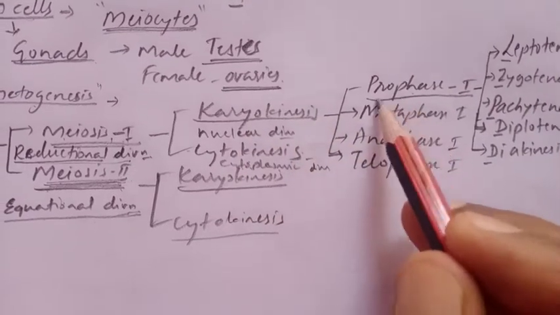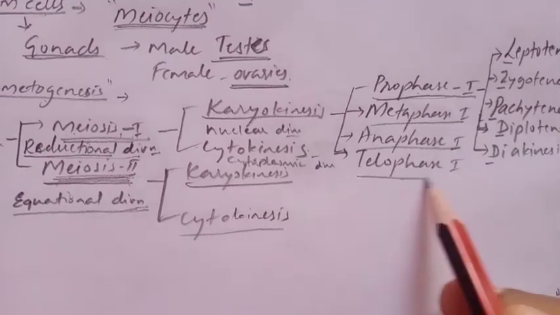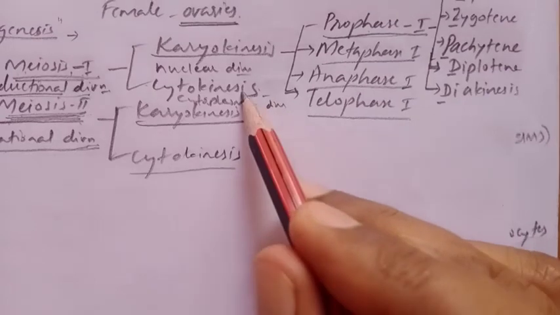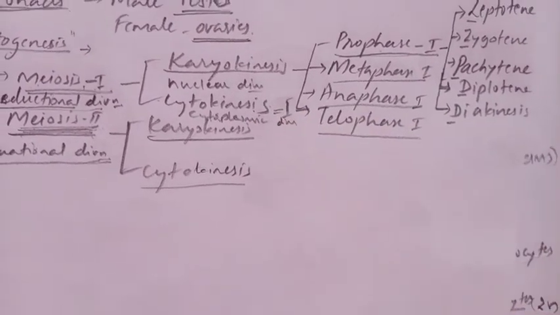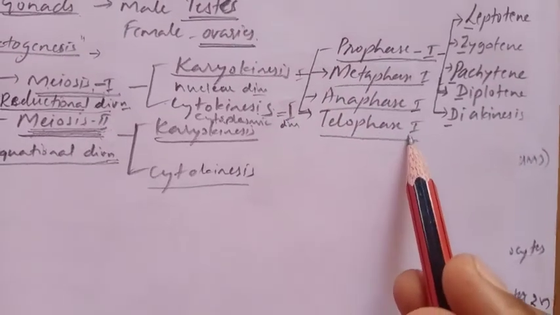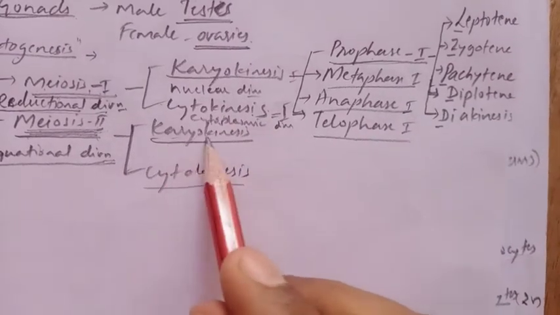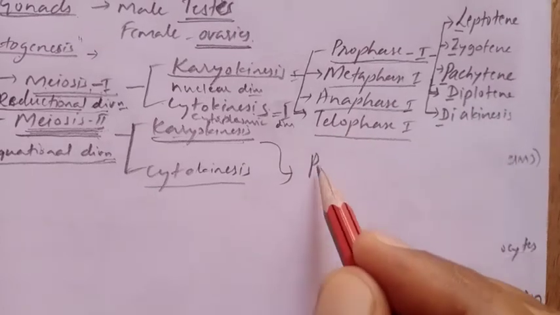Karyokinesis includes prophase first, metaphase first, anaphase first, and telophase first. After telophase, it enters cytokinesis first, right? Once cytokinesis is over, in meiosis 2 also we can mention the same stages: prophase